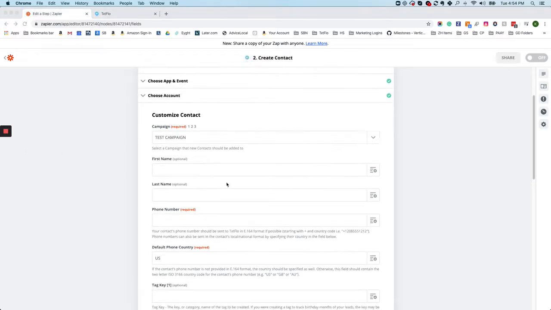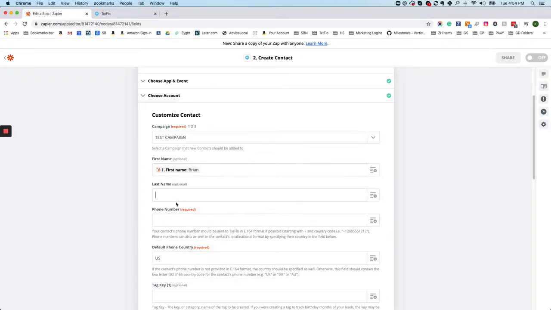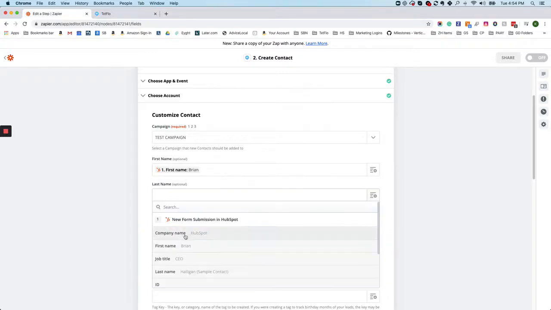Then you're going to come down here, and you don't have to send through a name, but I recommend doing that. But if you're not collecting name, maybe you're just collecting email and phone number, then you would pass that data through. But typically, you're going to be collecting that. So I'm going to match this stuff up here. So first name, last name,